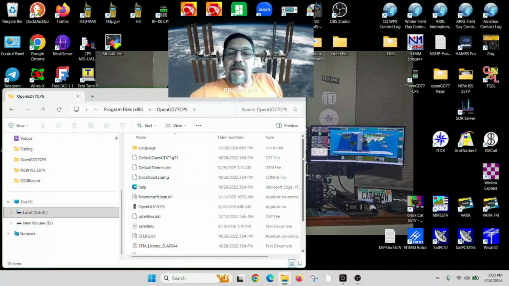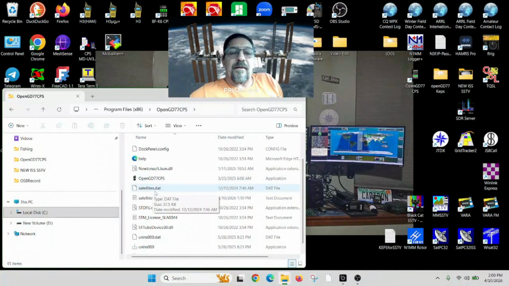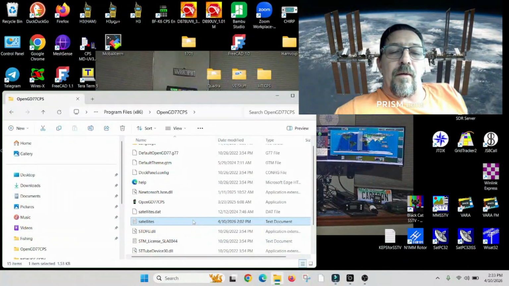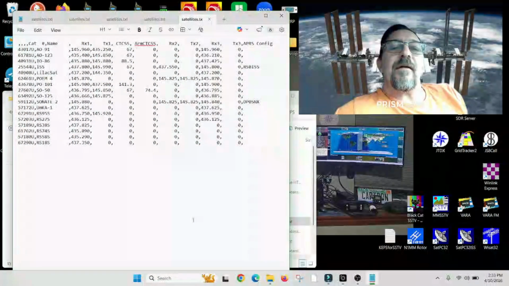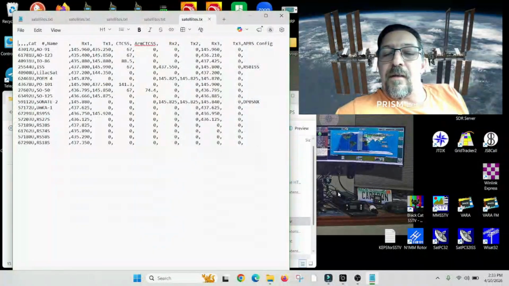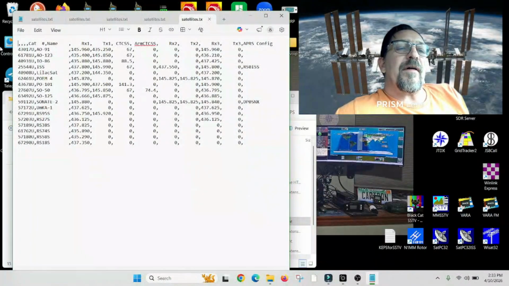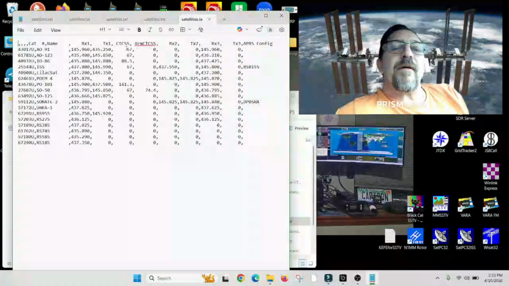You're looking for the satellites file, and it's not the satellites.dat. It's just the satellites. It's a text document. So you're going to go ahead and click on that. Alright, so this should pop up in a text document. Once you've got that up, you'll see all the satellites are over here. And then you've got receive 1, transmit 1, CTCSS, and then CTCSS arming. That's like if SO-50, you have to arm the satellite. So anyway, what we're looking for is this